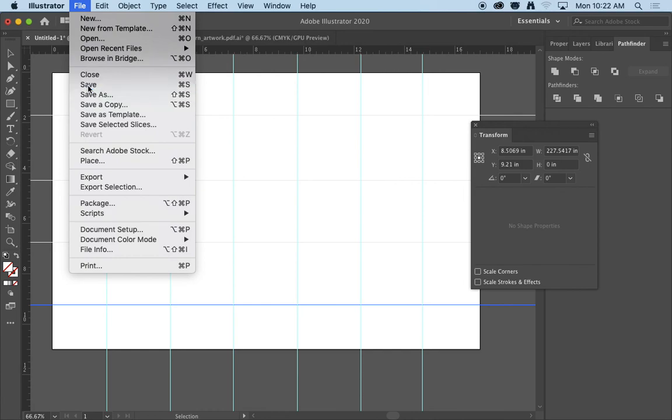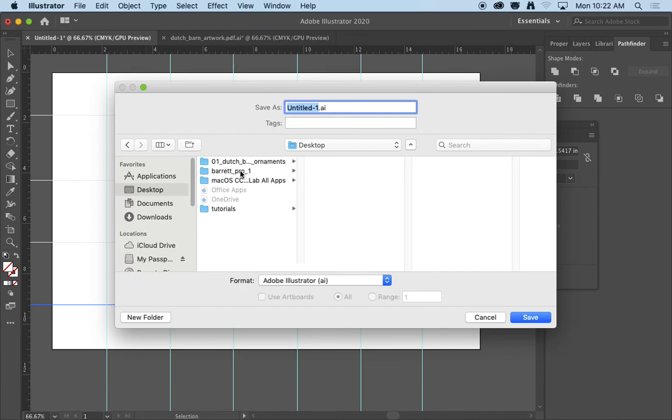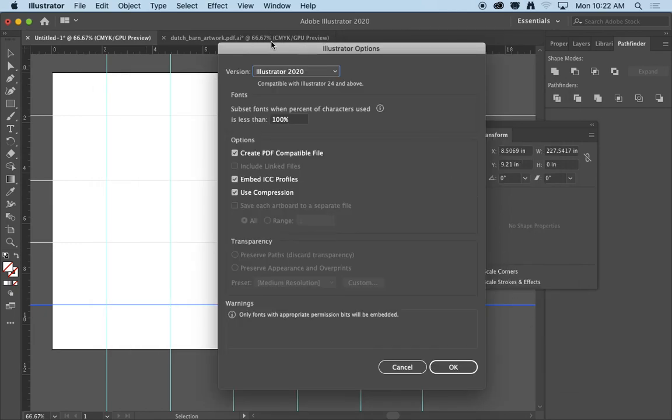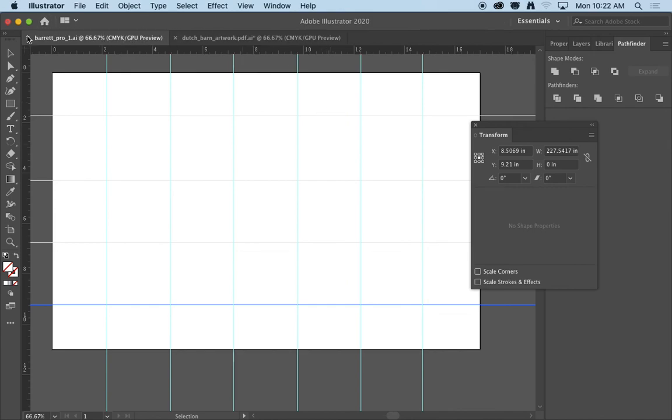I'm going to say File, and save it. I'm going to go to the desktop, where there's my folder that I made, and I'm going to call it my last name underscore pro 1, for project 1. And it's .ai, which means it's an AI file. This is all good. I'm going to hit save. Not going to change anything in the options, and I'm just going to hit OK. And so now you'll notice up here at the top, the file's now named my last name pro 1, and it's in the folder where it's supposed to be. So next we're going to just kind of look at